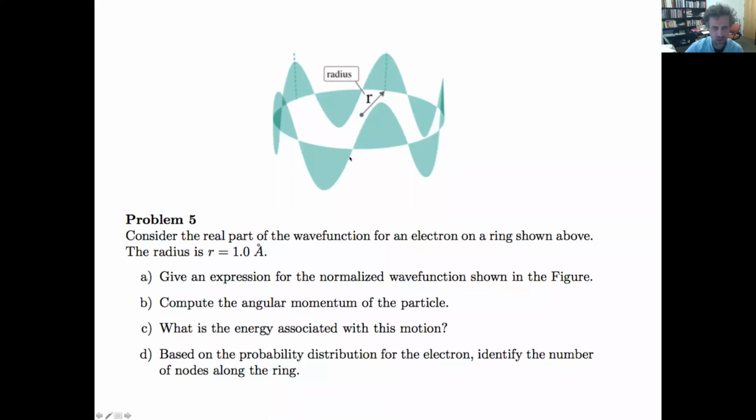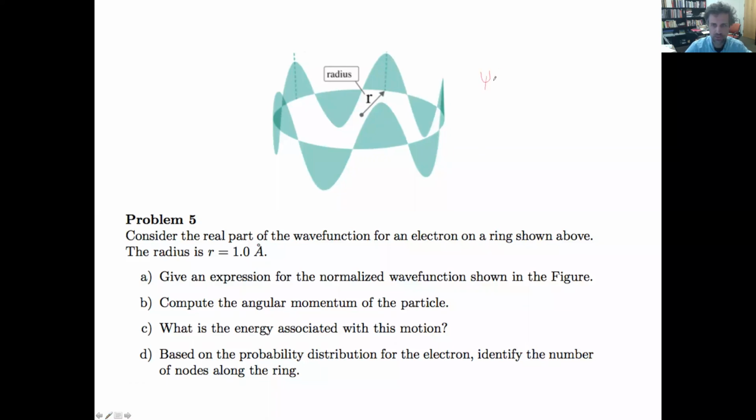And there is also a wiggling thing shown. That is, of course, my wave function that is shown. It says here, consider the real part of the wave function for an electron on a ring as shown above. The radius is also given. It's 1 angstrom. So this is the real part of the wave function, because, as you know, the wave functions for particles on a ring have a specific